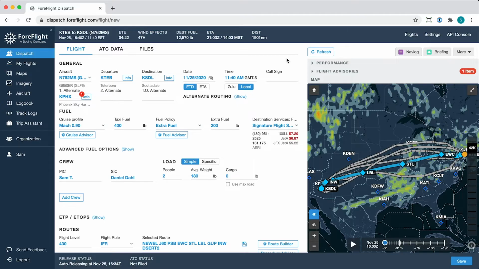foreflight.com/dispatch-webinar. All right, so to kick off our demonstration of some of Dispatch's newer features, I'm going to start with our locked versus unlocked flight releases feature. This is something we recently introduced, which allows you to release flight plans to crew members in either editable or